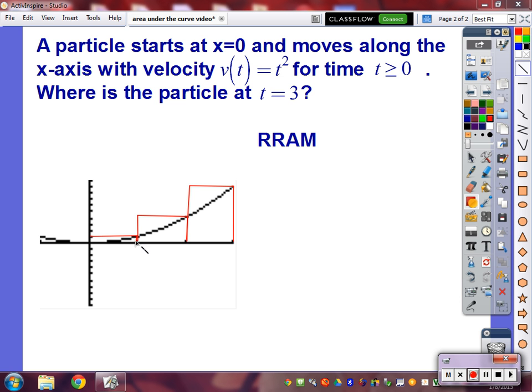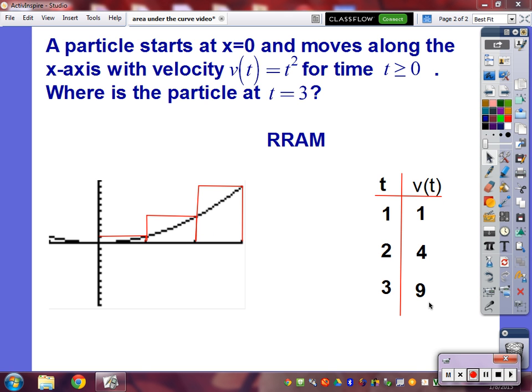And our height is going to be the y values for each of these x values when I plug them into my velocity formula, or velocity function. So I'm going to create a table and fill that in for t equals 1, 2, and 3, because those are the places where the rectangle is attaching to the curve on the right. So once I fill in my table, when t equals 1, 2, and 3, I would take those, substitute them into the velocity function, get my y values, and that also gives me the height of each of these